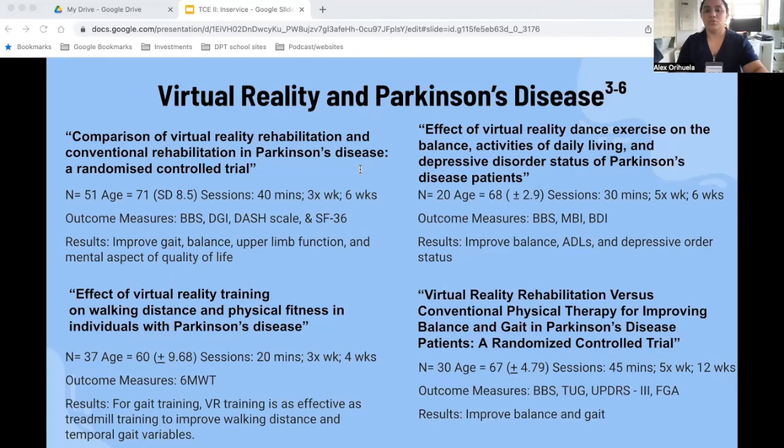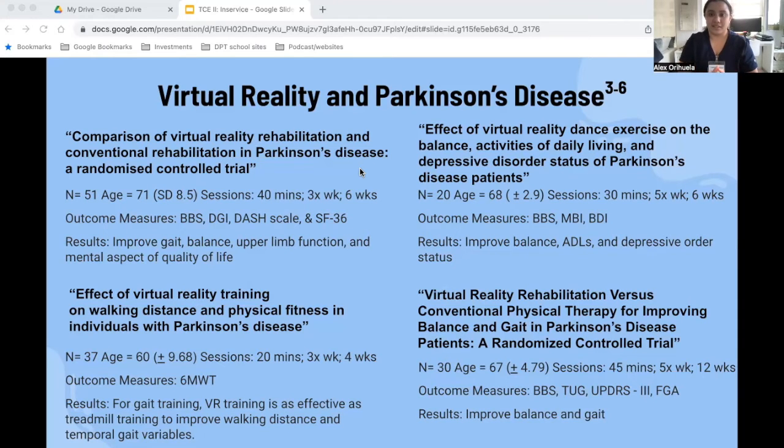The outcome measures utilized were the Berg Balance Scale, the Dynamic Gait Index, and the DASH. What they realized with these participants is that the results showed that gait, balance, upper limb function, and the mental aspect of quality of life had improved utilizing virtual reality rehabilitation when compared